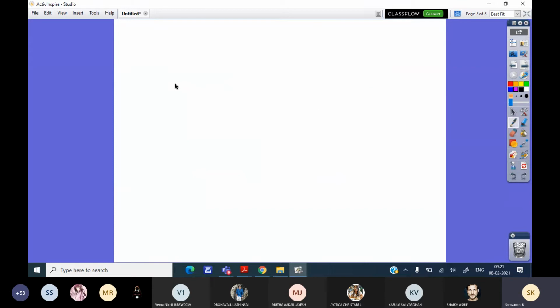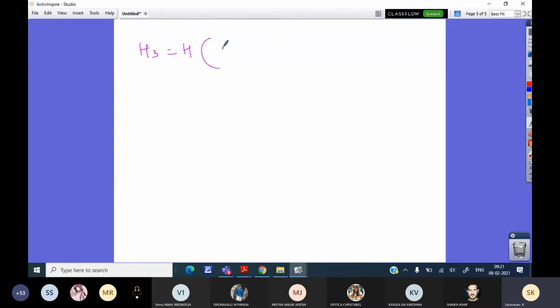Next, can you find out H3? How to get H3? I should divide the probability. 1 by 4 is the sub-event probability. The event I am dividing into sub-events is E2, and the probability associated with that is 1 by 2. So 1 by 4 divided by 1 by 2. Can you take 1 by 2, 1 by 2? How much is it? 1. 1 bit per symbol.